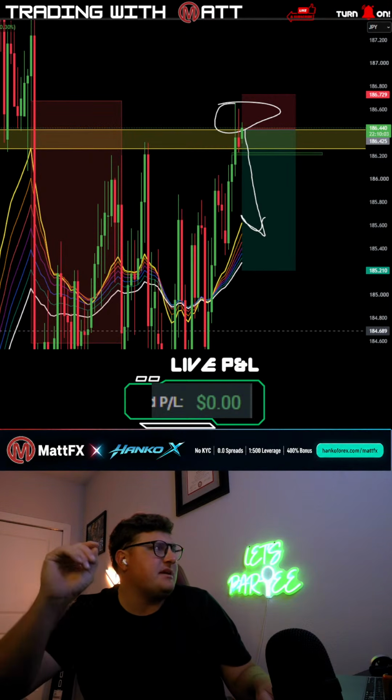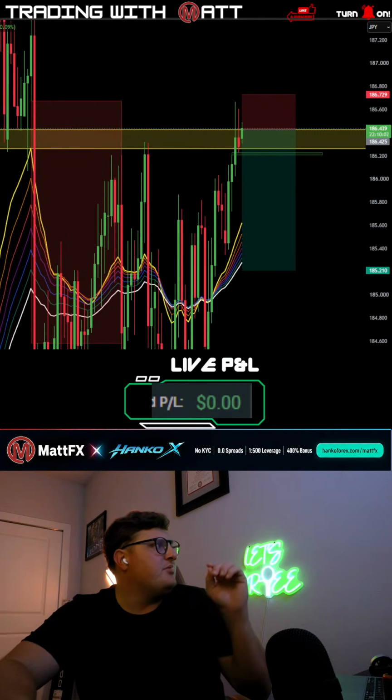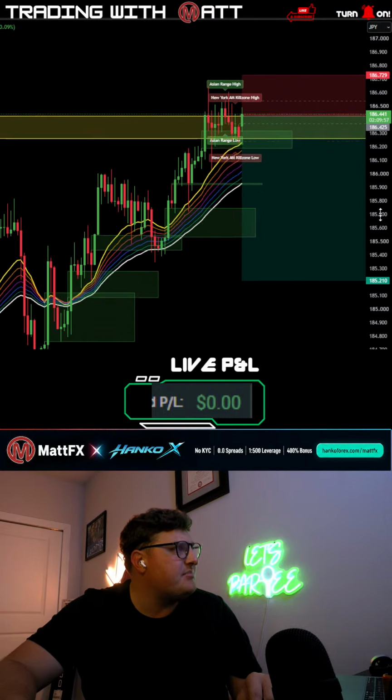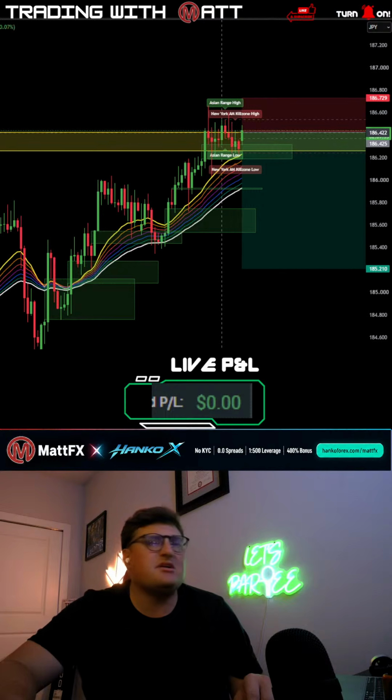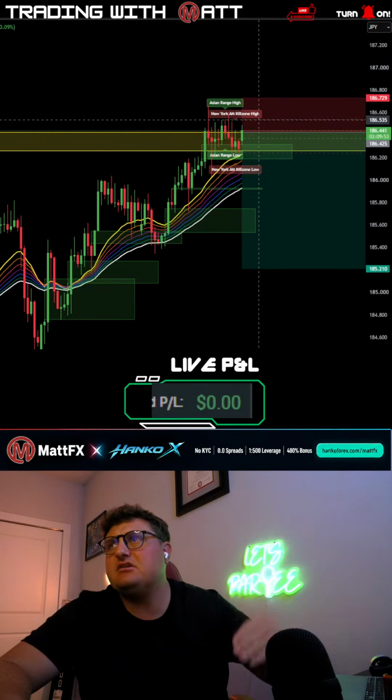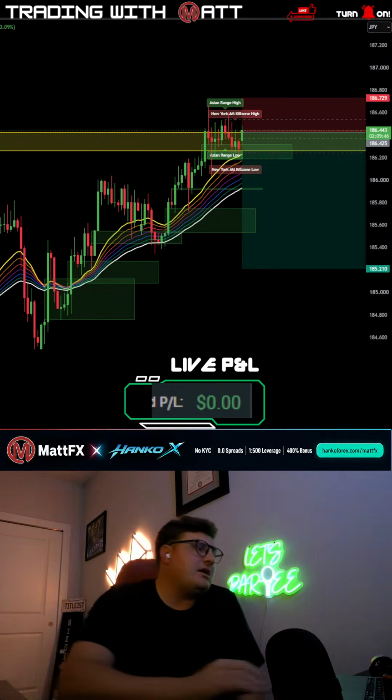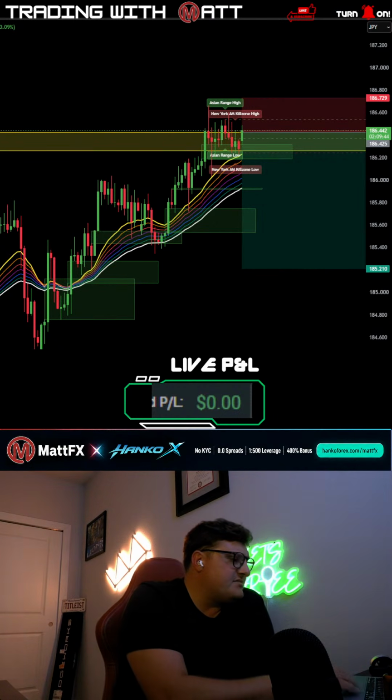I will say that is my least favorite chart of the night, but on the 4-hour, with all of these kill zones not being broken, it looks like we found our roof, our ceiling here, and this is going to come down. That's what I'm seeing, so that's really what I like the best right there, but that's what I'm seeing.